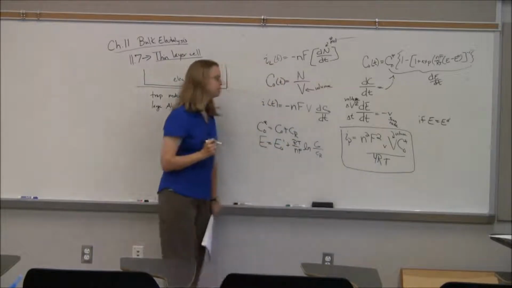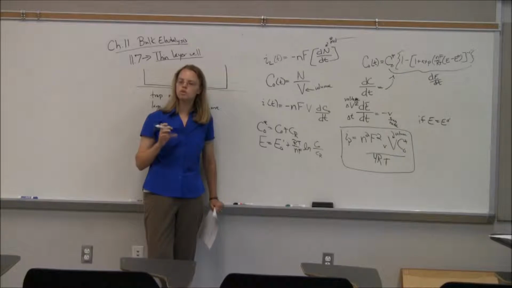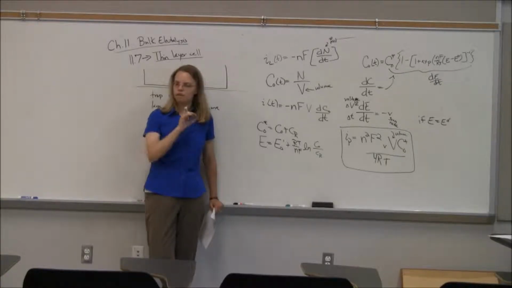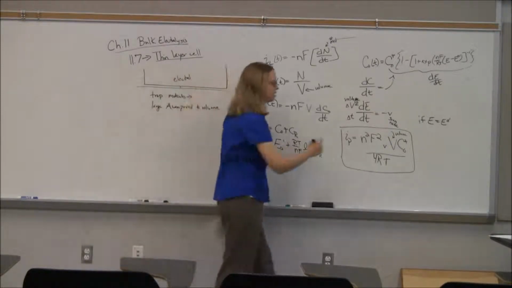So this is the peak current that you get in a thin layer cell. So if you're going to use it all up in a thin layer cell, then the peak current is now dependent